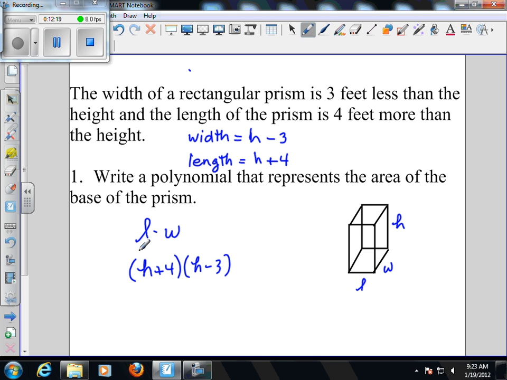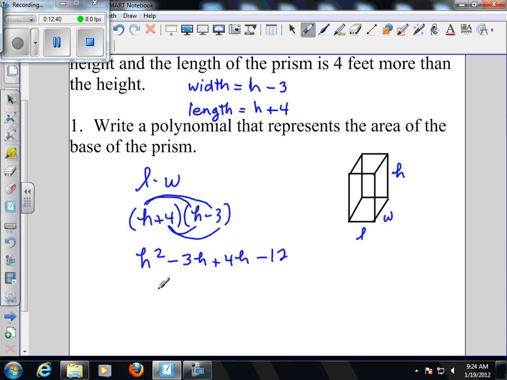Okay, so now we're going to use our FOIL method. We're just going to repeatedly distribute. H times h gives you h squared. H times negative 3 is negative 3h. 4 times h is positive 4h. And 4 times negative 3 is negative 12. So continuing with that, we have h squared, combine our like terms in the middle, plus 1h, or just h,